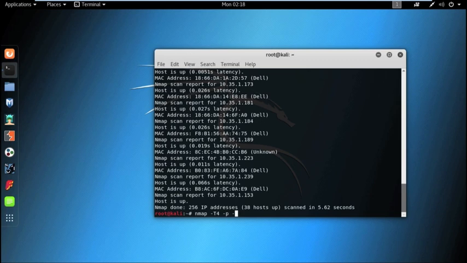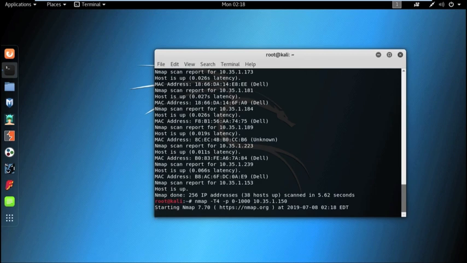Suppose I want to scan the first 1000 ports. So, Nmap -T4 -p 0 to 1000 and then the IP address. Our target IP address is 10.35.1.150.